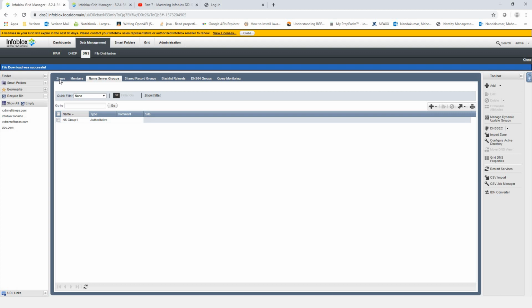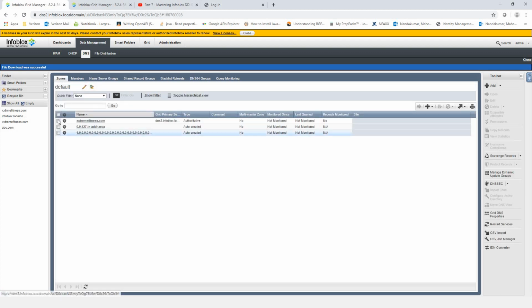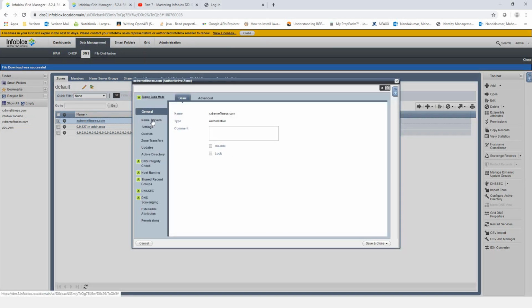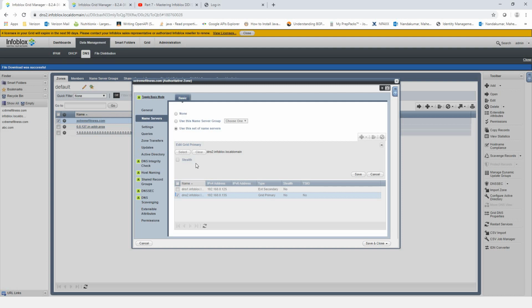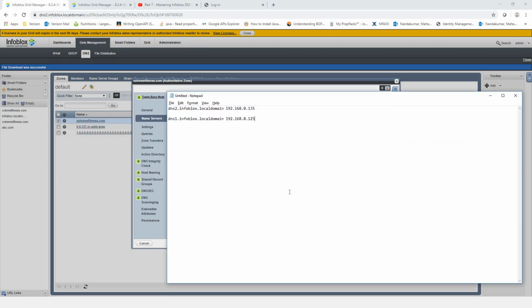So hope that's clear. So the next thing was stealth. So stealth, I'll show you what it is. So if I go to, I have this option called stealth. So before I explain what is stealth, I'll do one thing. I'll query